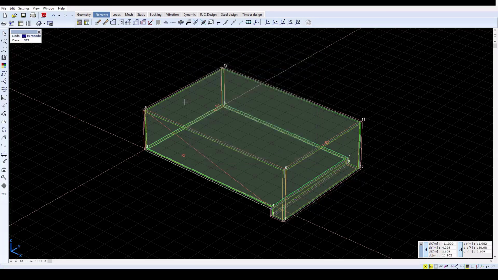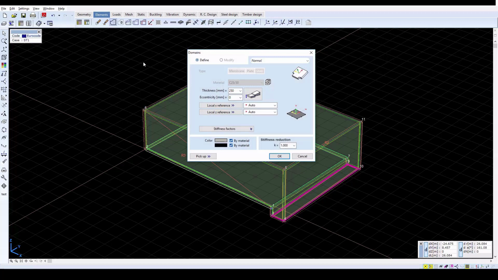Click OK and then create another shell element in the bottom of the watercourse as shown. In the domain settings, leave the references on Auto and click OK.